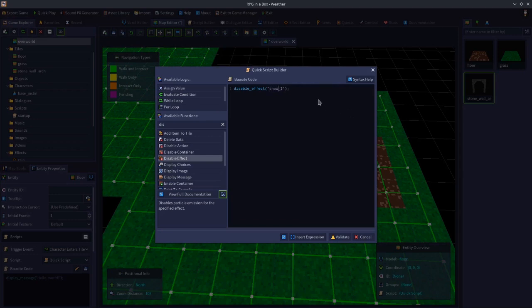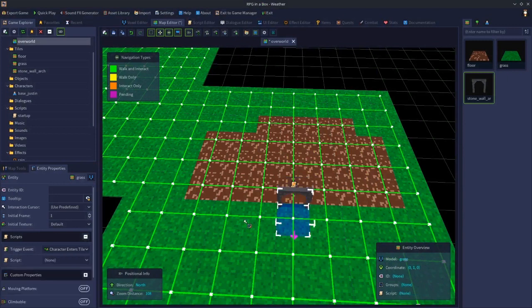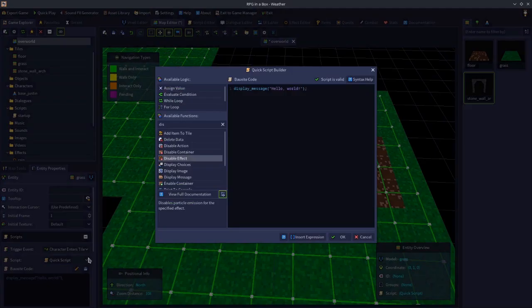Like so. Let's just copy that because I'm going to use it again in a minute. Click validate, OK, and then on this tile you would do the opposite. So you've now left the building, so you would enable